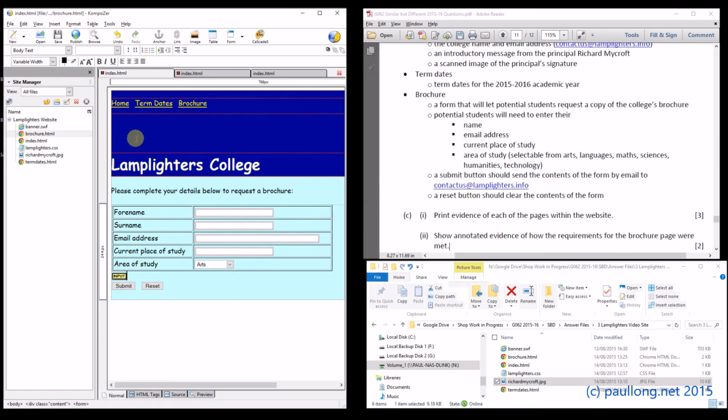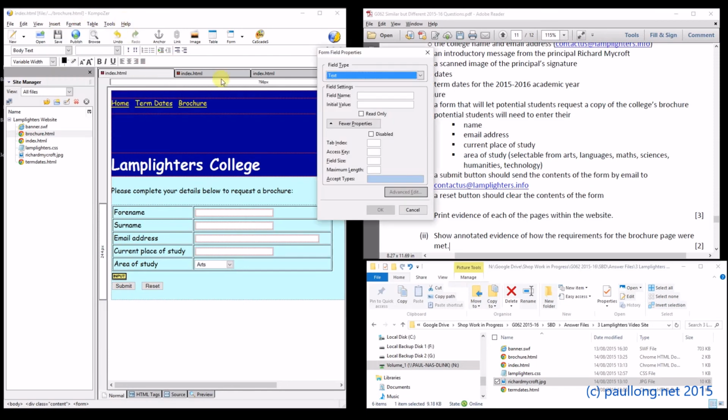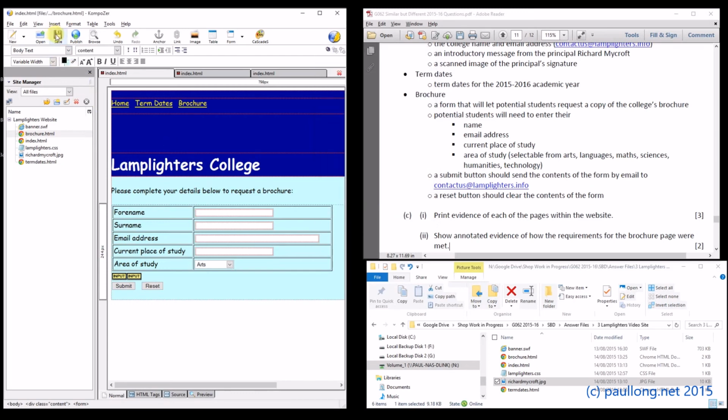And then the other hidden field we need is the subject. So if we go again, put another hidden field in, and that will need to be called subject, and we'll put here brochure request. I'll click on OK. So we'll save that,